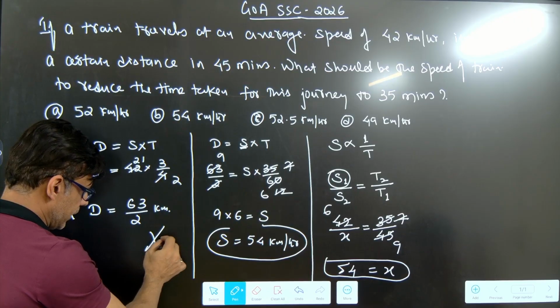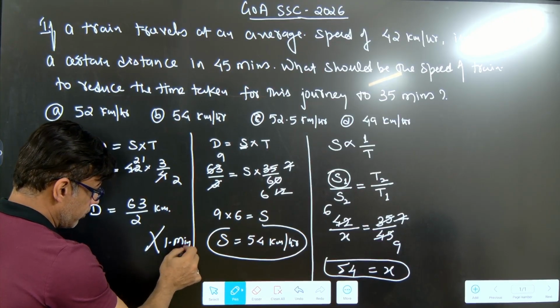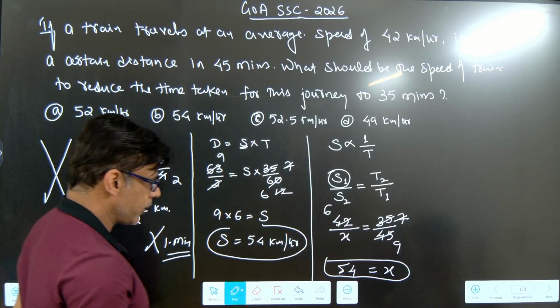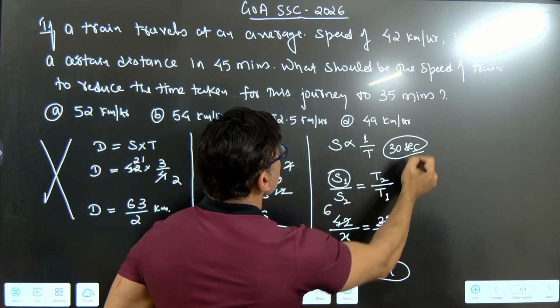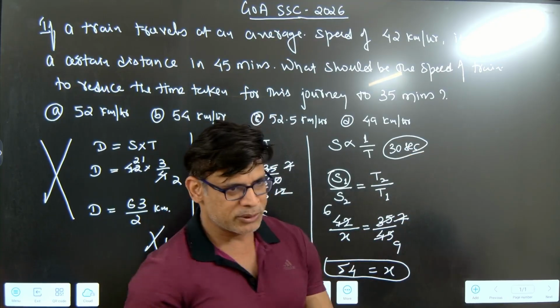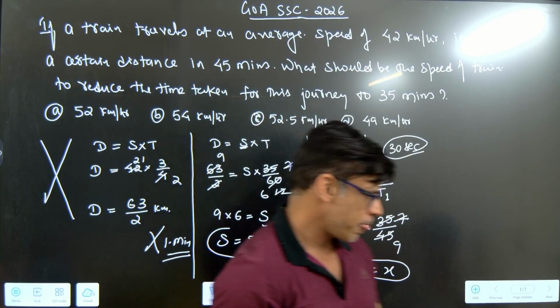Not a good method, it takes close to 1 minute for a smart candidate to solve. This one will hardly take 30 seconds. Same speed and time, 42x is important. 9 by 12, 7 by 12, and 42 is